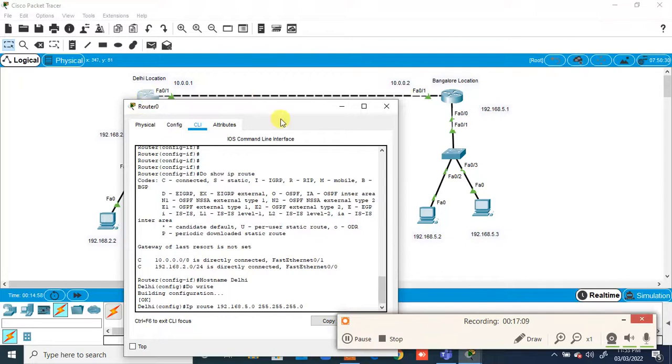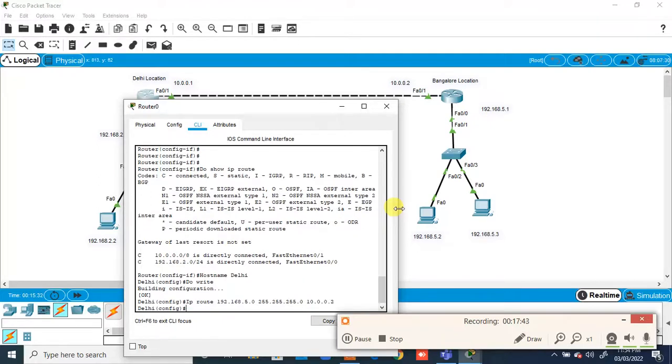Delhi is not aware of this network, but Delhi is aware of this particular network, right? This address is already understandable by this router. Once this router gets any request related to this particular address, it is going to contact this particular IP, right? So here we are just going to give this IP address, 10.0.0.2, right? If I run the same command,